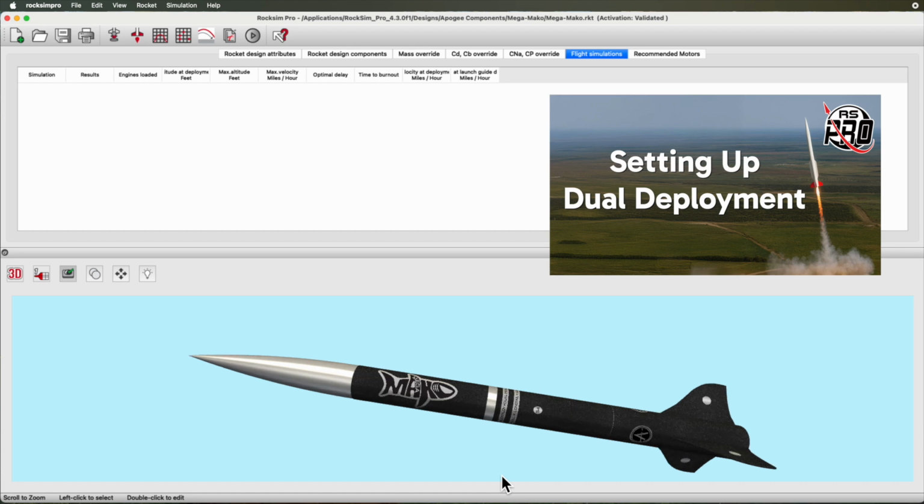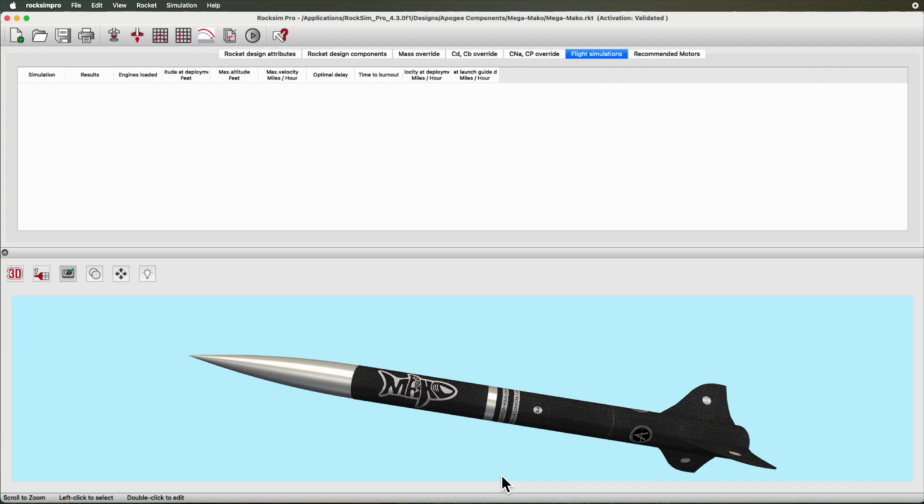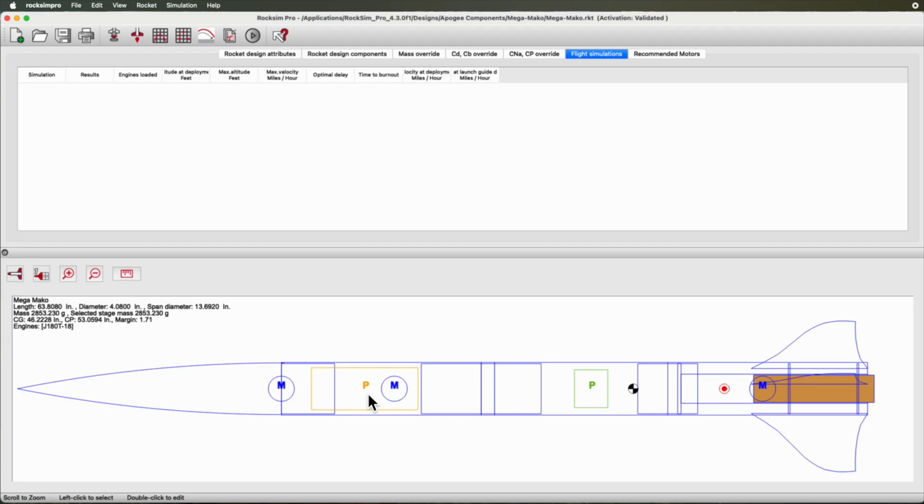This is setting up dual deployment in RockSim-Pro. As you can see, I've got a rocket loaded, and if I look at it from the 2D side view, I can see two parachutes. I have this parachute right here and this parachute right here, and parachutes are designated with a P. In order to do dual deployment, you will need two recovery devices, either two parachutes, two streamers, or a combination